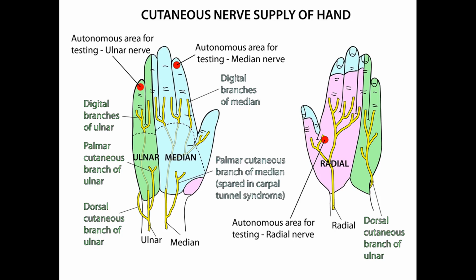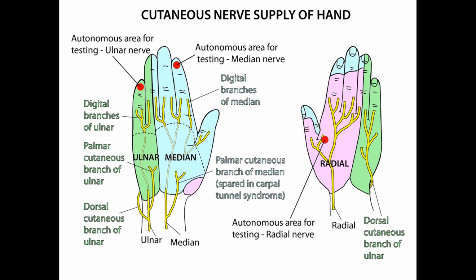It's called the superficial branch of the radial nerve. It emerges on the dorsum of the hand, just posterior to the tendon of brachioradialis, and passes over the tendon of extensor pollicis longus, and then supplies much of the dorsum of the hand that is not supplied by the ulnar nerve. Note again that the nail beds of the 3.5 fingers on the lateral side are supplied by the